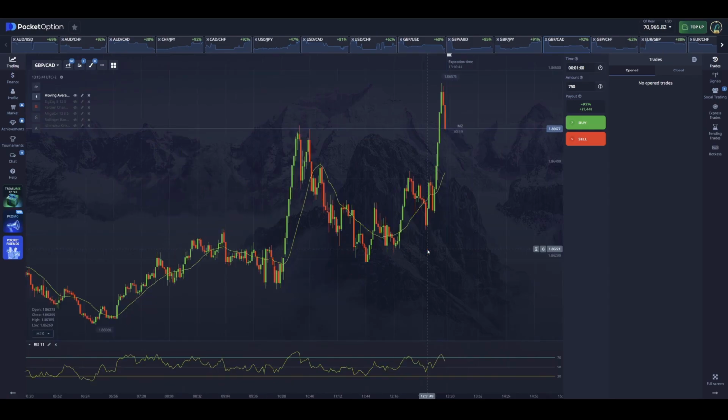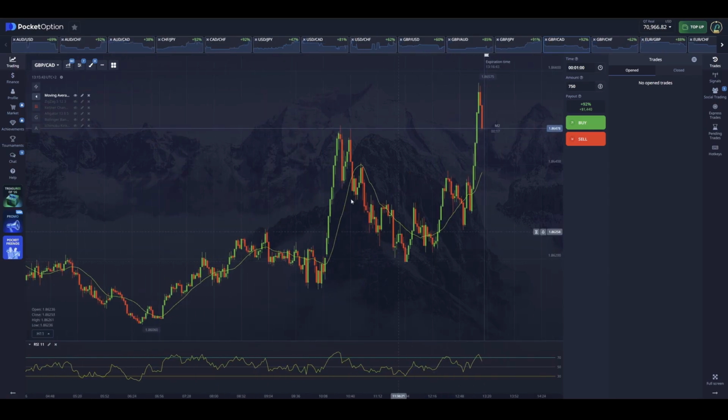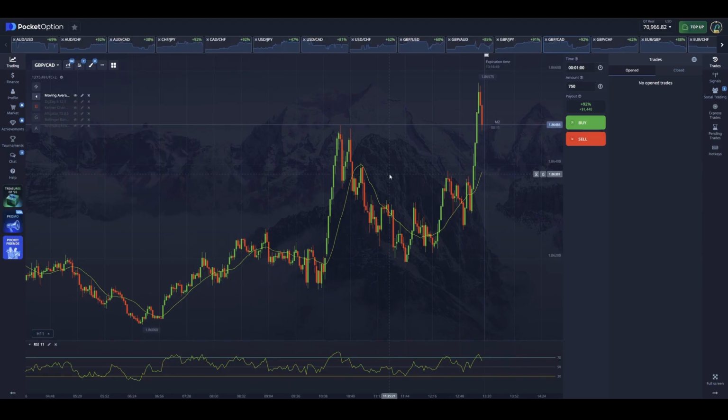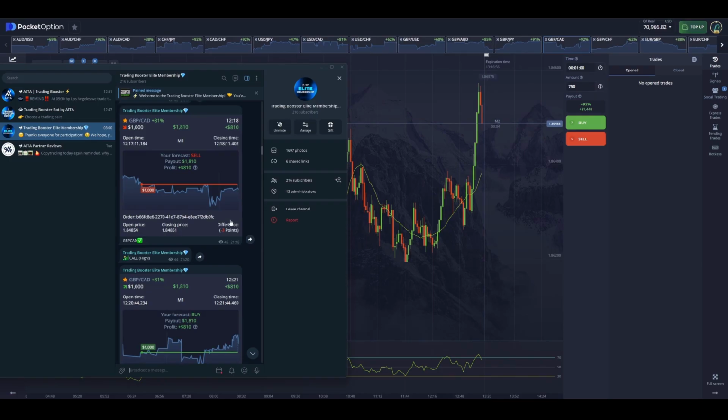In Unit number 4, I'll show you ready-made strategies with all the settings. In other words, we'll go through everything from A to Z. We'll set up the chart, add indicators, and accordingly open full-fledged trades. So make sure to watch Unit 4 so that you can learn about ready-made strategies, but for now, I suggest